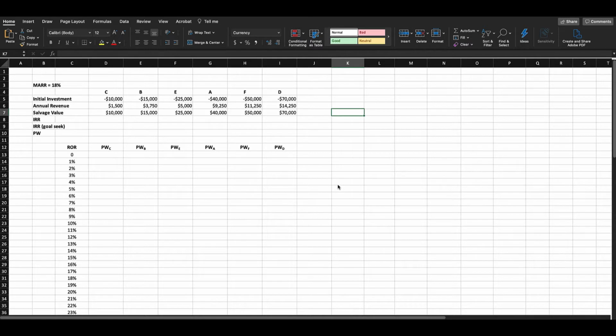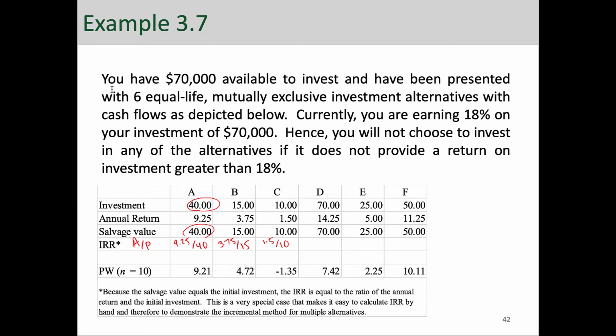In this video, we're going to look at different ways of calculating IRR for the example that we just looked at and solved by hand. And just to remind you, here's the example. It was 6 different alternatives, and we analyzed them using incremental rate of return analysis to find the best investment